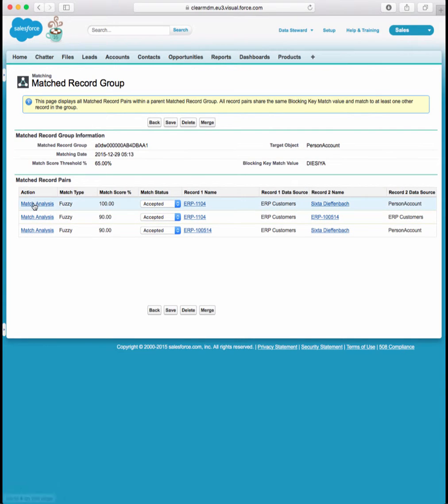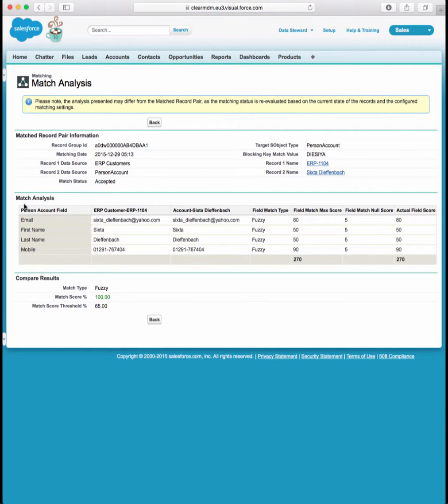But we look at individual pair of records here. So we've got an ERP customer record and we have a person account. We can start to drill in and start to see some of the field level score calculations. And this is about empowering data stewards with full transparency in terms of how matches are calculated, and enabling